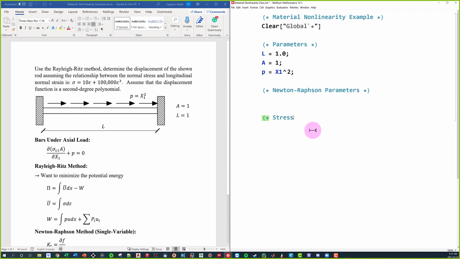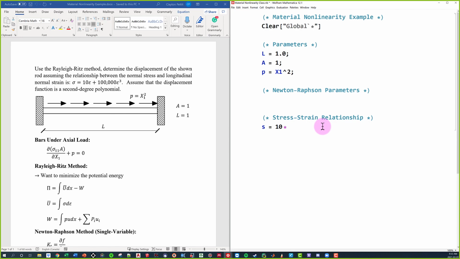Which is going to be our stress-strain relationship. Before, our stress-strain relationship, nice and linear, allowed for all of our calculations to become nice and simple. Well, in this case, it's not so much. So we know that sigma, or stress, is equal to 10 times epsilon plus 100 times epsilon cubed. So I'm going to say that my stress is equal to 10 multiplied by epsilon. But when I'm dealing with a partial differential equation and I'm solving for displacement, I want everything in terms of displacement. And this will make more sense the next step.